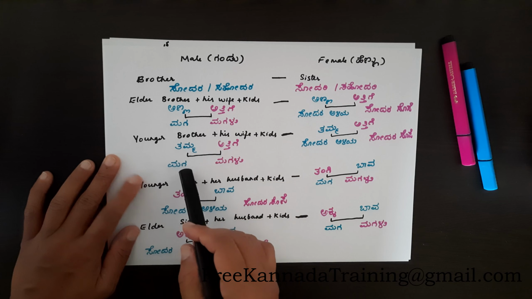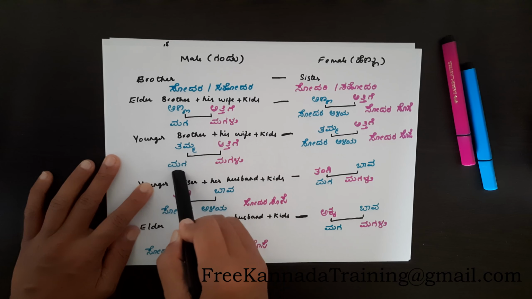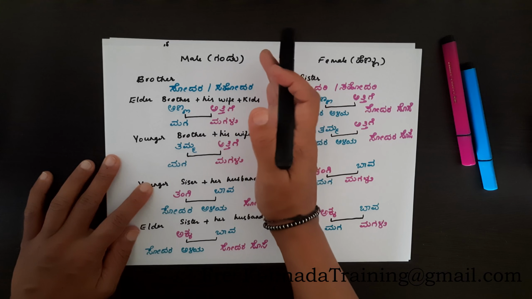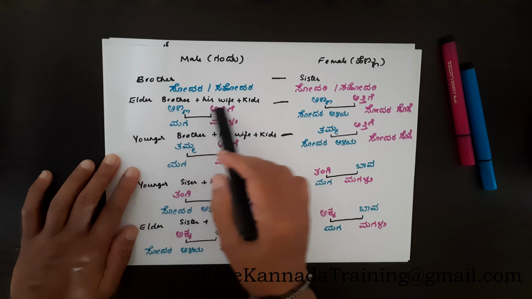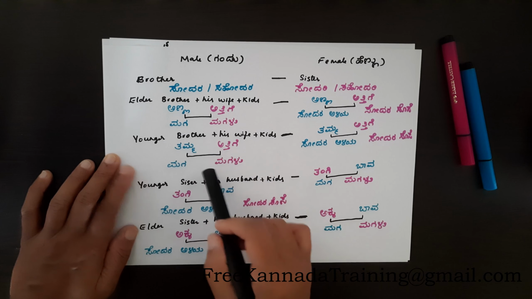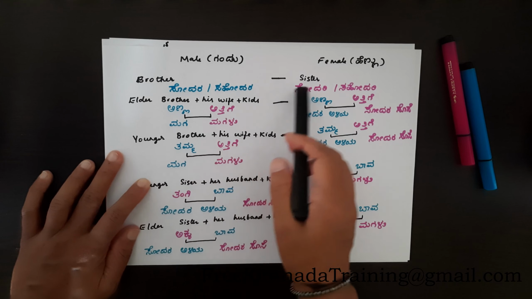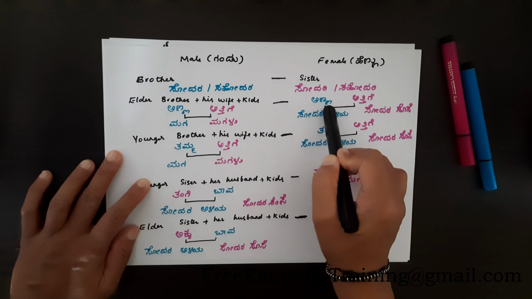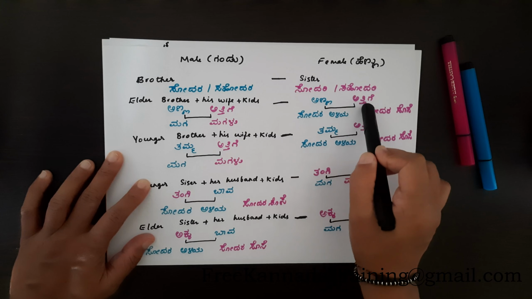And basically their kids will be Maga and Magalu if you are a male. This will be Anna Attige, Tamma Attige again. And if you are female, then brother will be Anna anyway and his wife will be Attige and their kids